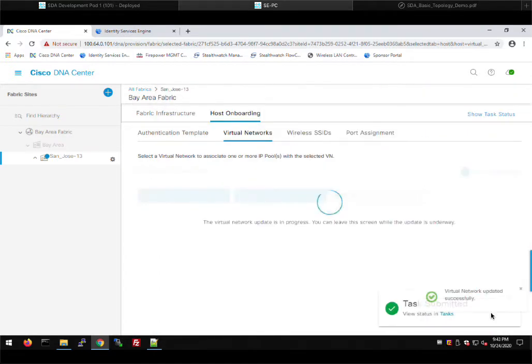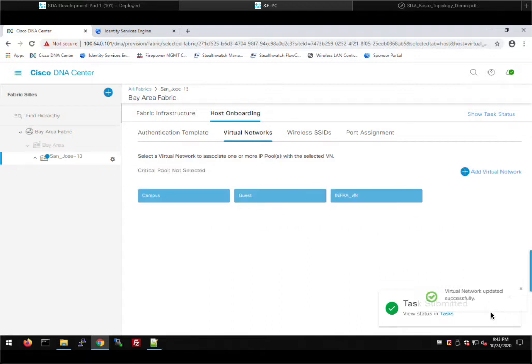So that's actually it for wired. So from a wired perspective, I could right now, and I'll do this in the next video, bring up a wired client, authenticate to the network using some authentication parameters that I've already set up in ISE, and I will be put into one of these virtual networks, either campus or guest. So I'm going to go ahead and do that in a minute, but the last thing I'm going to do